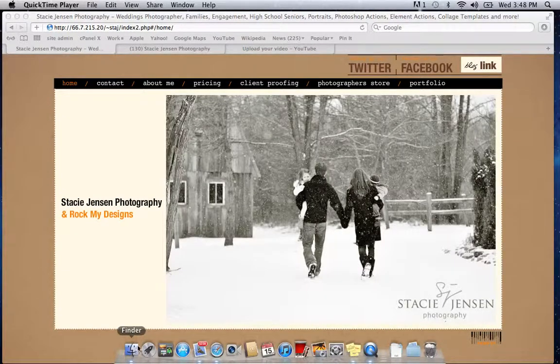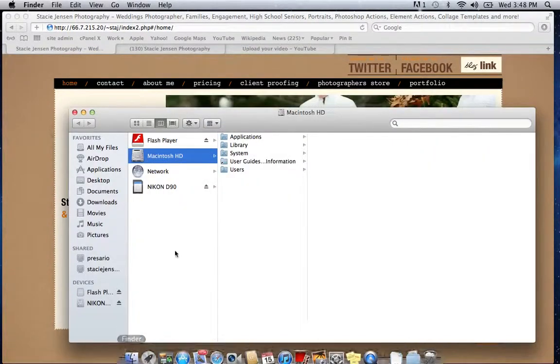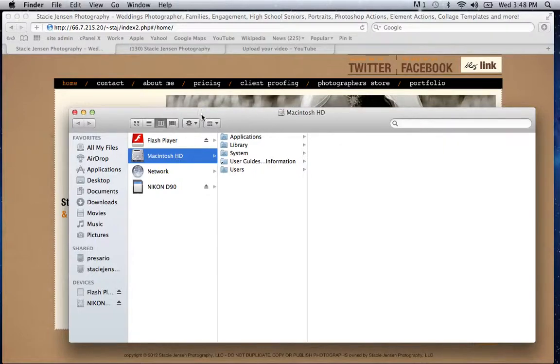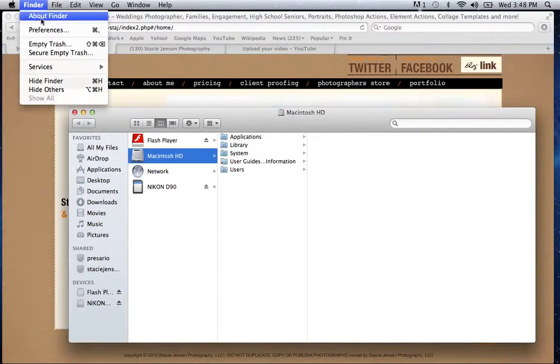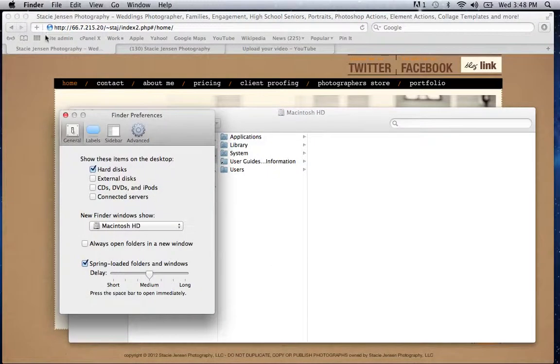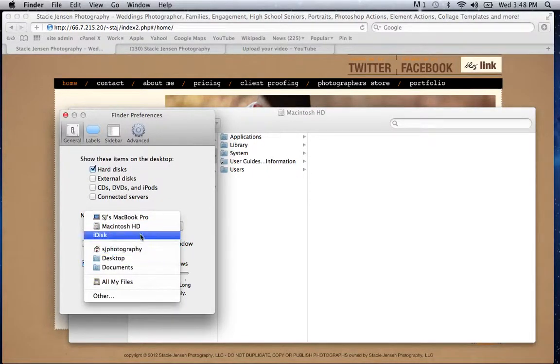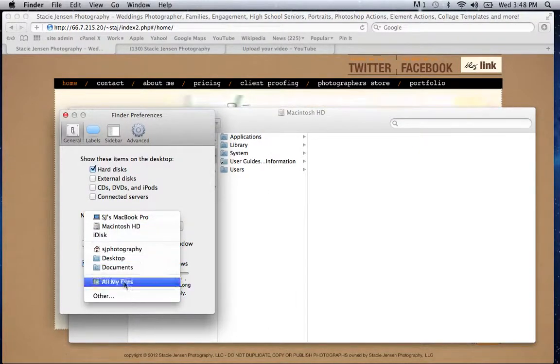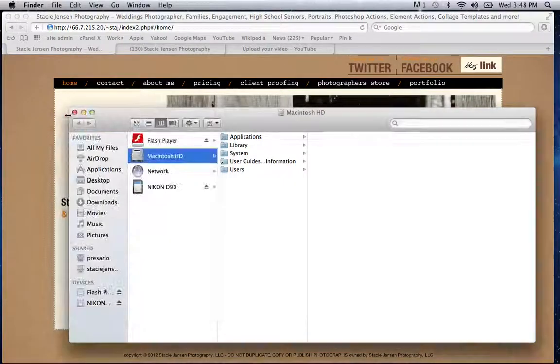So the first thing that you need to do is open your Finder. The folders that we're going to copy and paste our actions into are under our hard drive. So if you cannot see your hard drive already, it is a quick procedure on how to do this. Just go up to the top of your Finder and click Preferences. In the New Finder window show, you can select the hard drive. If it's already selected on something else, no problem, just click the hard drive and then close out the box,